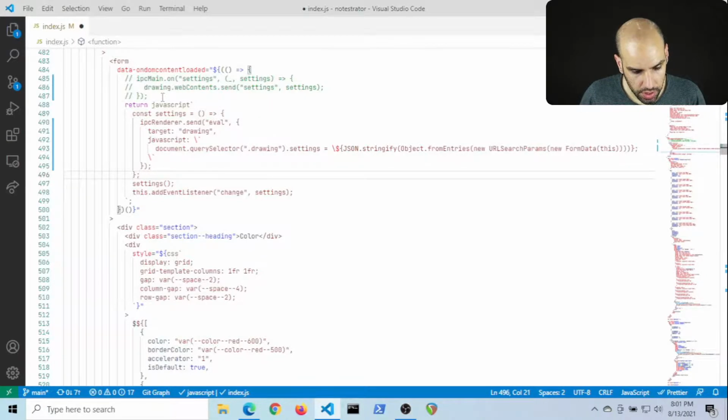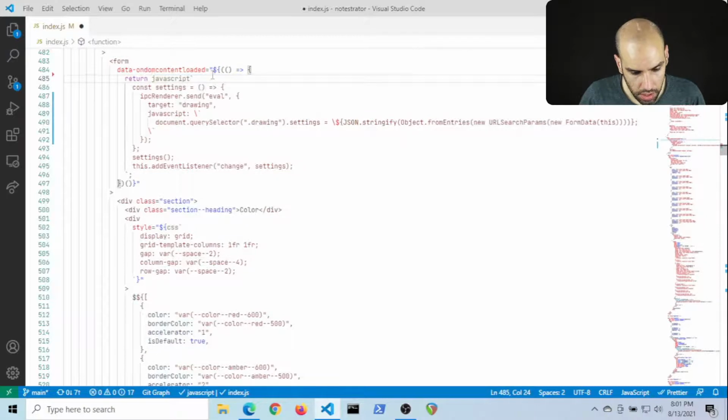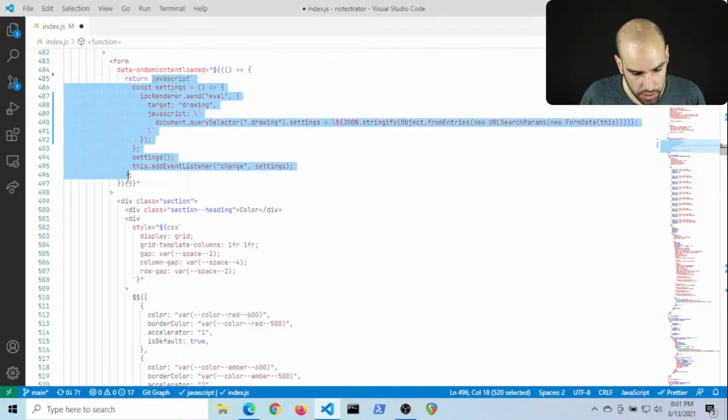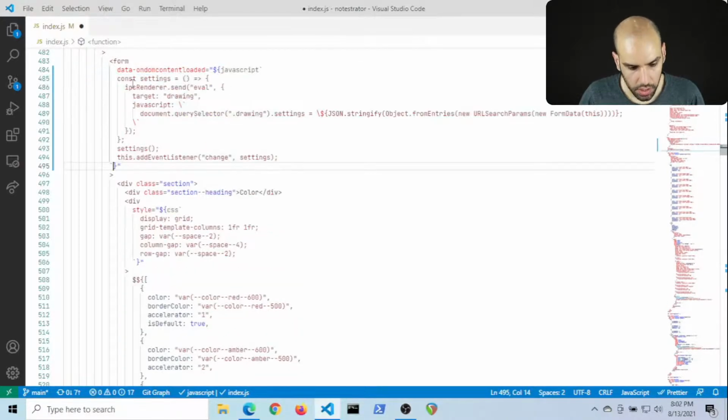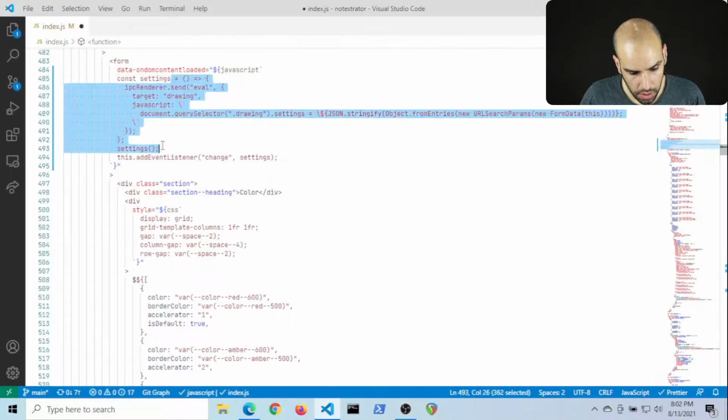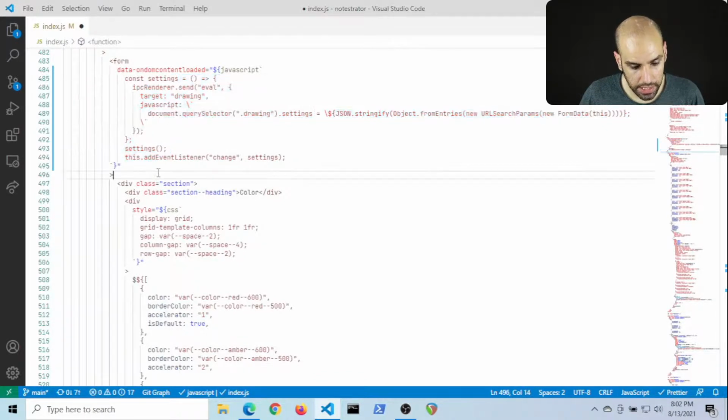And over here, I can delete these lines. And then I can take this JavaScript stuff. Okay, let me format the code. Then I can explain and make sense of what this looks like.